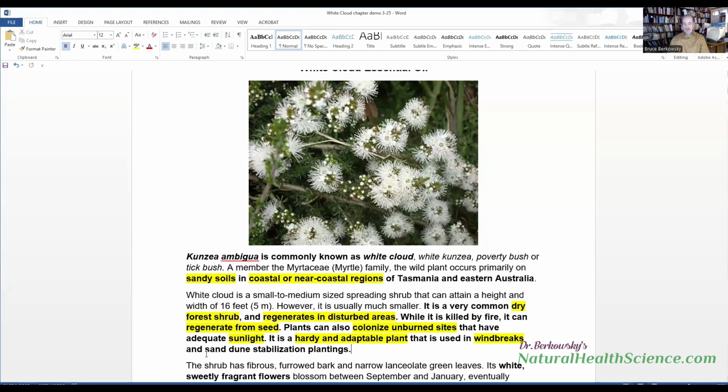It's also used to stabilize sand dunes. So sand dunes will erode. They don't have a lot of moisture. The wind comes and it basically will start blowing away a lot of the sand, and this could cause problems of various kinds, especially if there are houses around or that type of thing. And so what do we have here? We have the dryness, which is going to be yang, and we have the stabilization, which is going to be yin. It lends substance to something that would move and blow away.